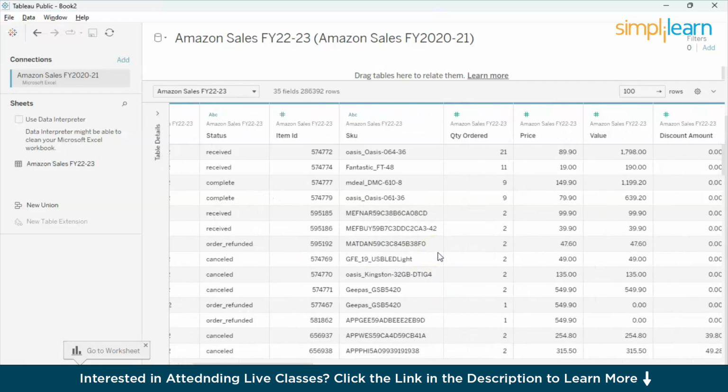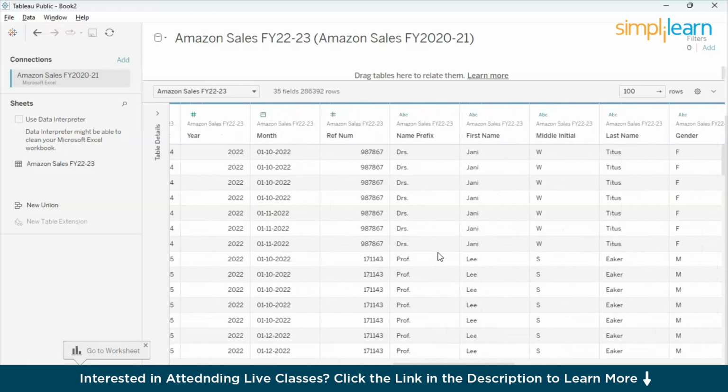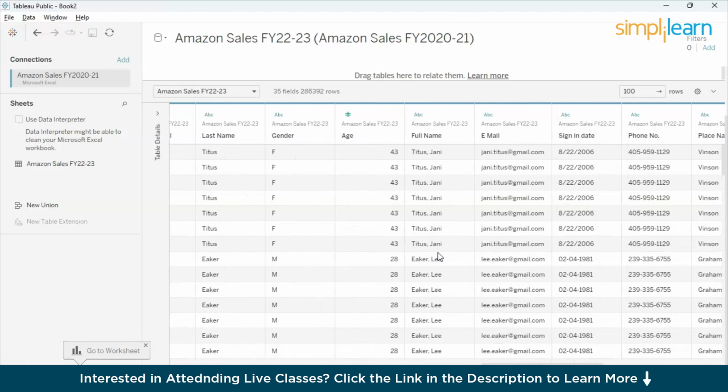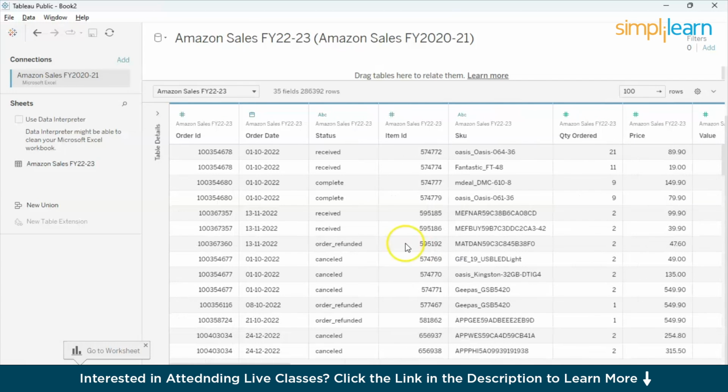It will clean the entire data for you. So this is the data preview that you can come back to anytime and look at, and you can also have a good look at your data set and try to create your own storyboards, right? So here we have various columns, so we can create our own stories, or you can create your own ideas, what you want to expect or what you want to create from this particular data set,